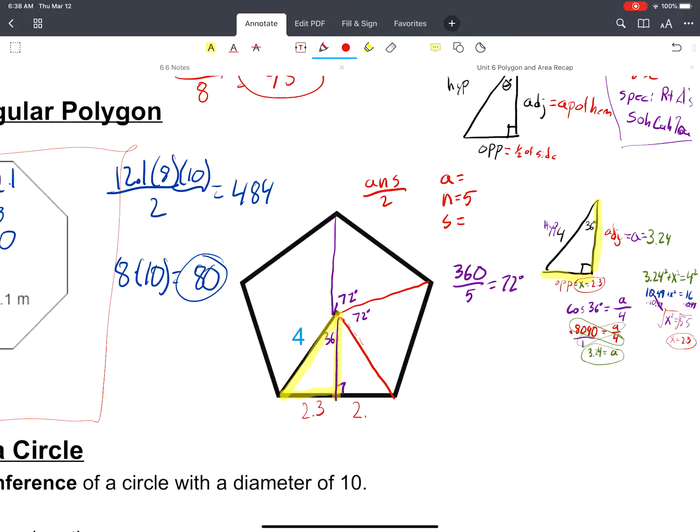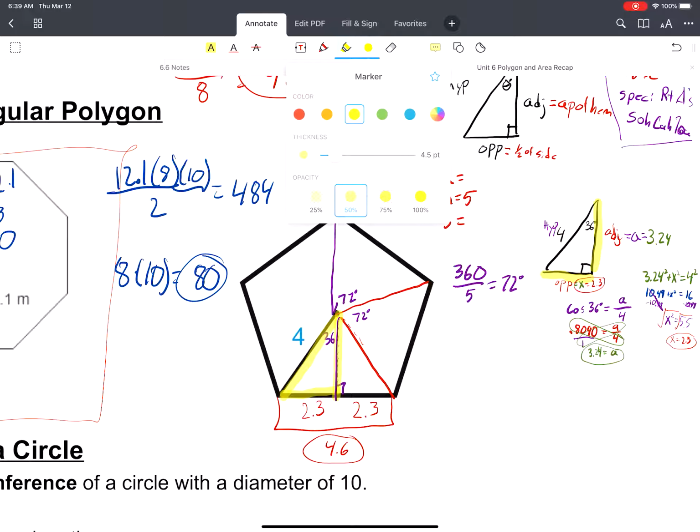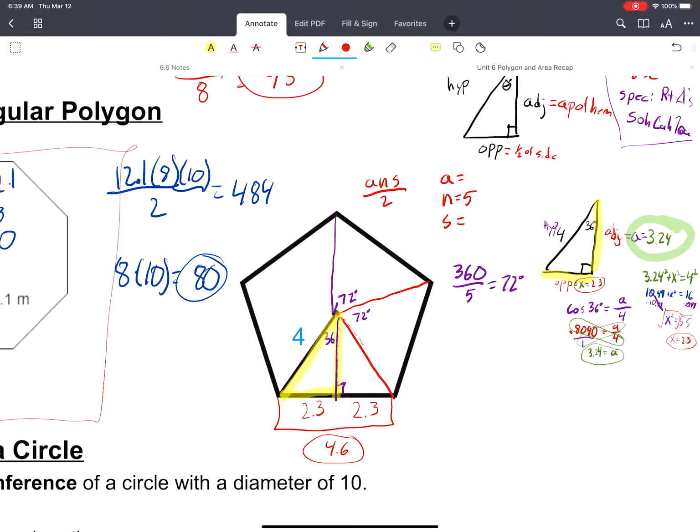So if this half is 2.3, this half is also 2.3. Again, you could just multiply that by 2. If we put them together, we get 4.6. Our apothem, we found that earlier, that was the first thing we found using SOHCAHTOA, so that was the 3.24. So we have our apothem, we have our side length,